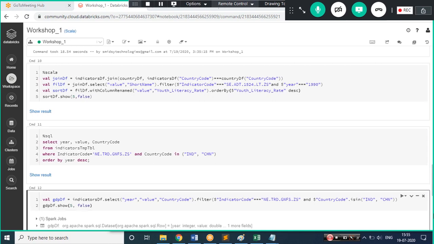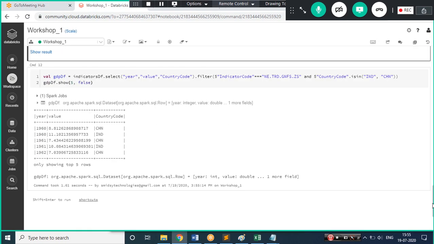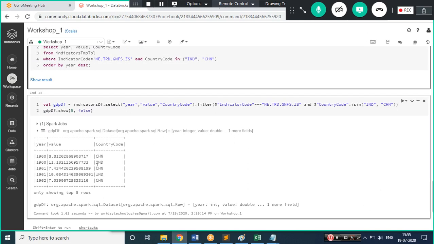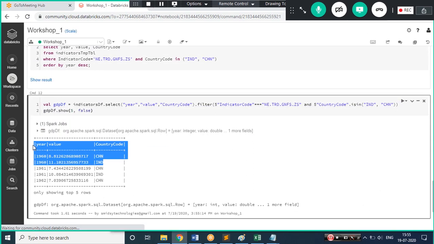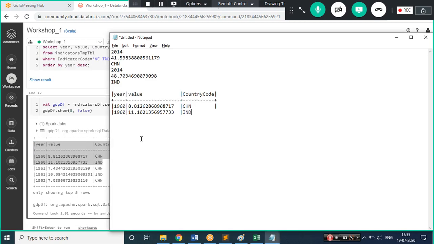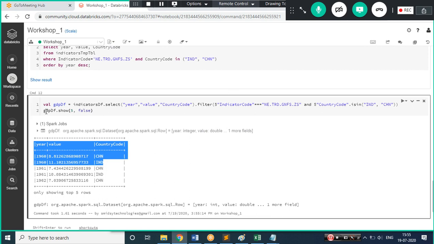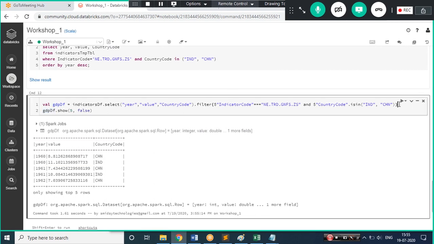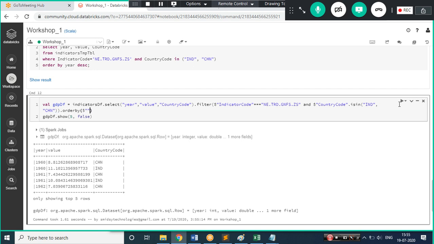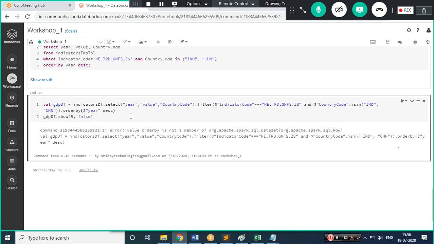So I need to just push this at the bottom. Okay, so if you see over here, let me pick the 2 records and let me go to my notepad. So okay, I have not applied, so this is in ascending and that is in descending. What I can do is, let's apply an order by clause, dot order by. Okay, and what is the column name? The column name which we have applied is year, and that was in descending. Okay, let me execute this again so that the data output comparison can be done.